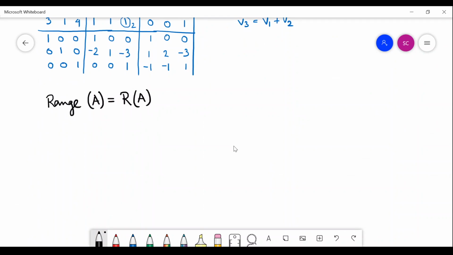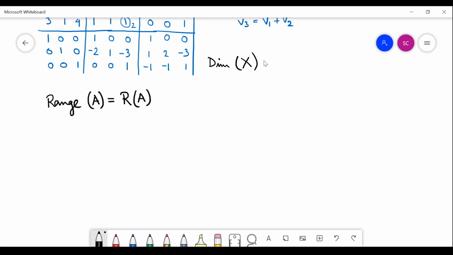You know that we have the concept of dimension of a space. What is the concept of dimension of the space? The number of basis vectors required to create any vector in that space. Suppose a space is normally denoted by capital alphabets. Say we have a space capital X.